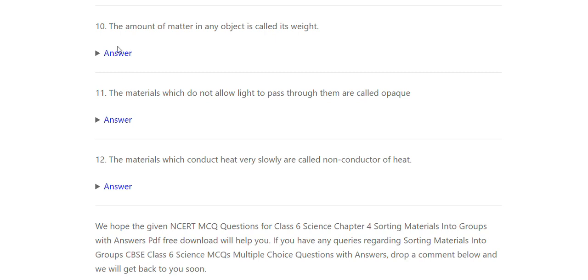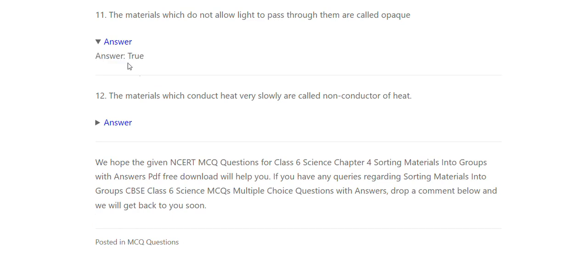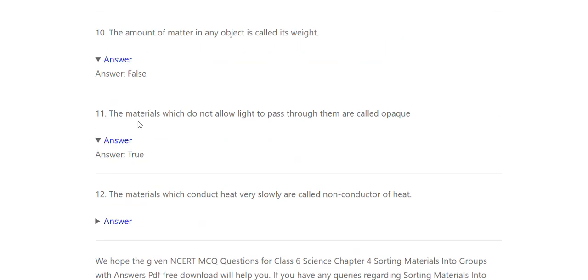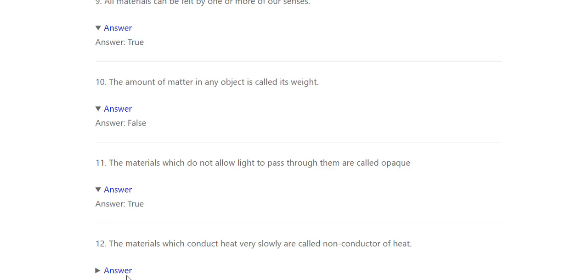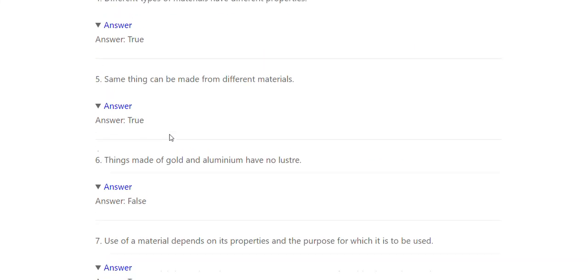True. The amount of material in any object is called its weight. False. The materials which do not allow light to pass through them are called opaque, true. The materials which conduct heat very slowly are called non-conductors of heat. Answer: false. So, the complete chapter